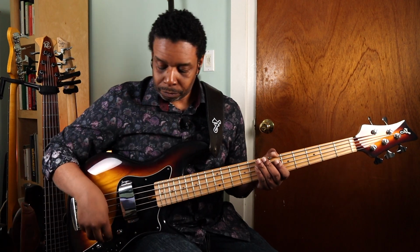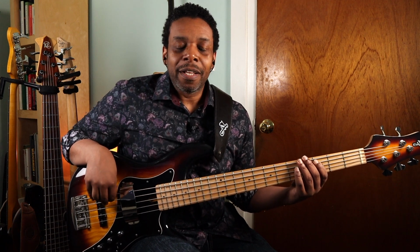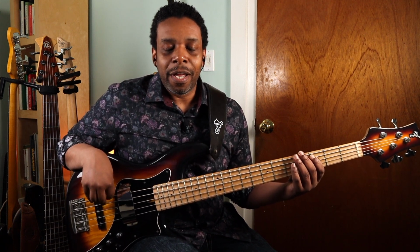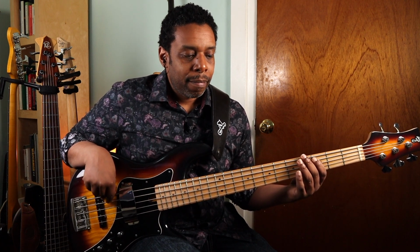1, 2, 3, 4. So we'll start on the note G at the 3rd fret of the E string, and we're just going to play eighth notes. 1 and 2 and 3 and 4 and, oh, rushing a little bit. 1, yeah, here we go. 1 and 2 and 3 and 4 and. Once that's feeling on point,